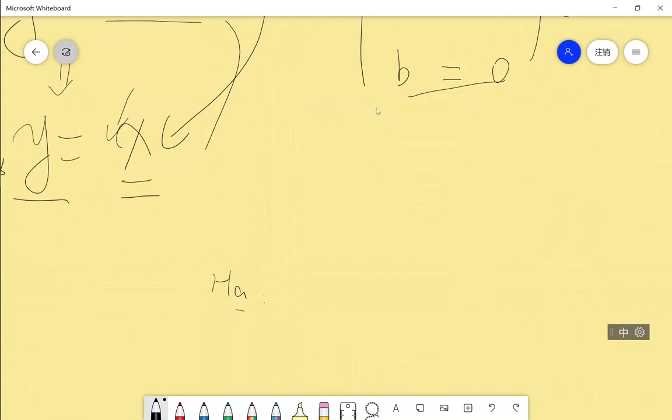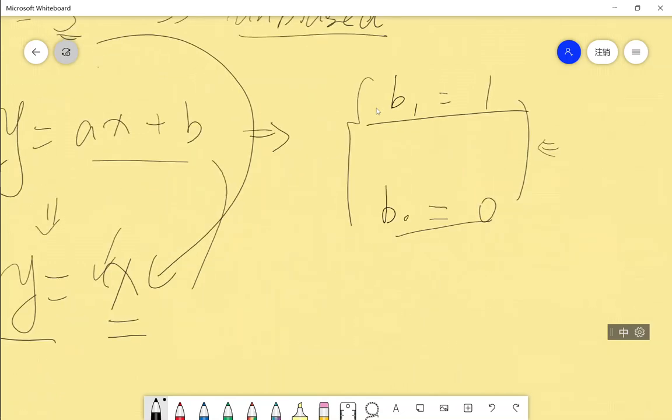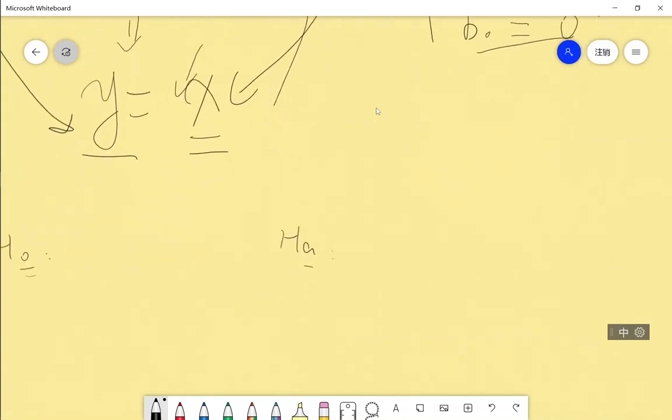Say you want to test the A. Let me use another notation so you can compare that with the book. Let me change A and B to B1 and B0. B1 will be the slope coefficient and B0 will be the intercept. So when it comes to B1,